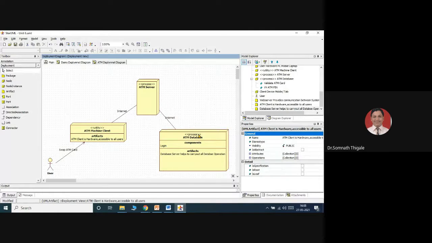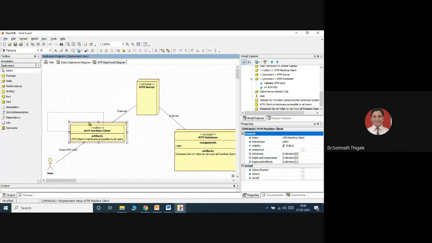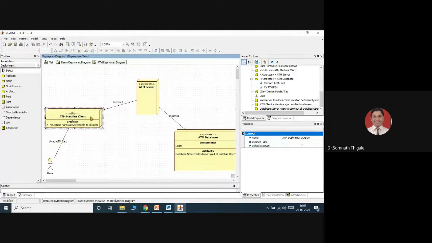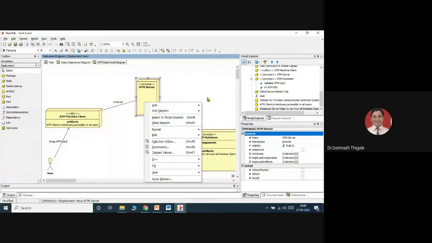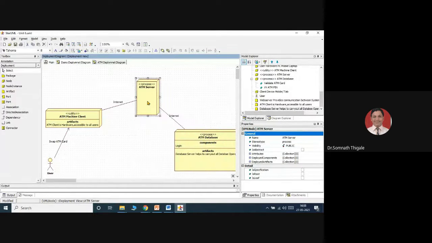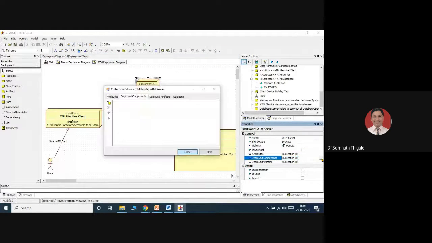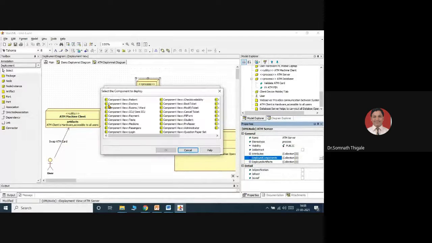Getting? Additional information also you can provide over here. So again, add inside the diagram. Inside the diagram you can perform different stereotypes over here. So deployment components, I will consider the deployment components. For example here,